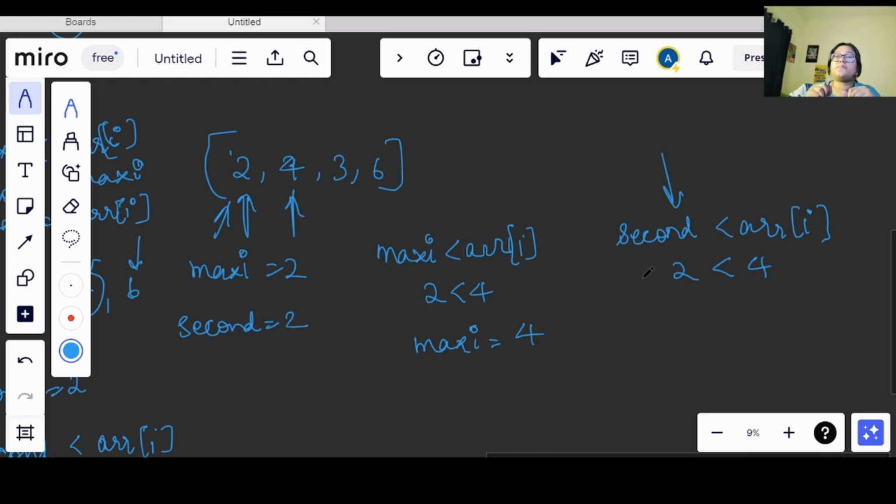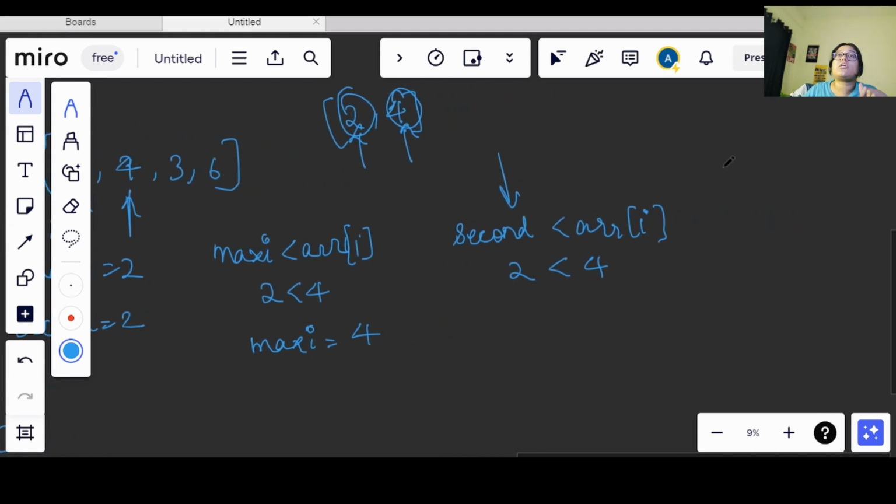Both will become equal and I cannot have that. Let's say I have 2 and 4 only in the array. Now this should be my second largest value and this should be my largest value. And if I am not giving any other condition, then what will happen? My value for second will get updated to 4 and I will have a wrong answer.